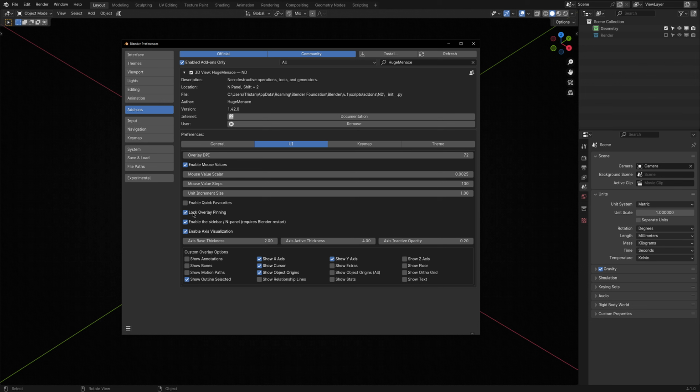Lock Overlay Pinning ensures that if you lock the overlay in place using the P key while it's open, it will reopen pinned at the same spot next time. If this setting is disabled, the ND overlay will always follow your mouse cursor around the viewport, and pinning it